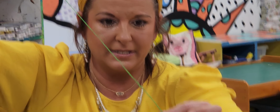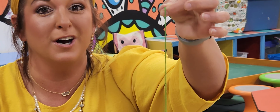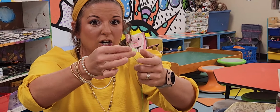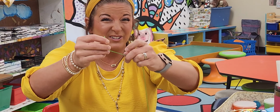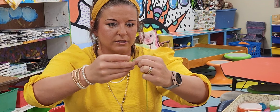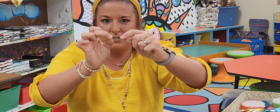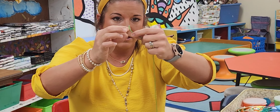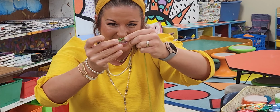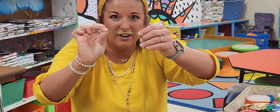Now at the opposite end, you need a stopper. The stopper does have to have 2 knots so that it doesn't pull through your fabric. And that's kind of hard to do, but I'm going to show you how to try to do it. Otherwise, I can help you with it. You tie once, just like you're tying your shoe, pull through, and right on that knot that you can almost hardly see even, you tie again and try to make it land on the first knot,